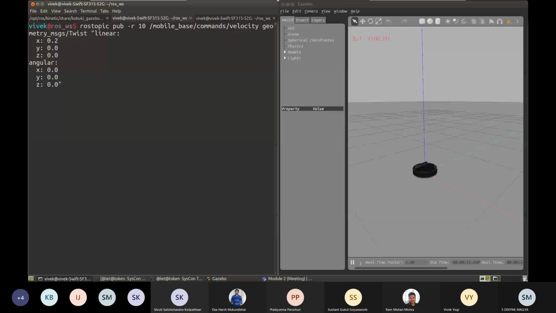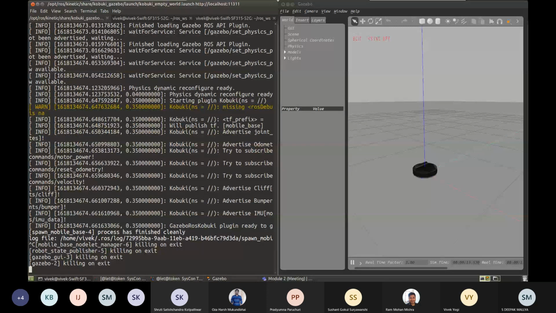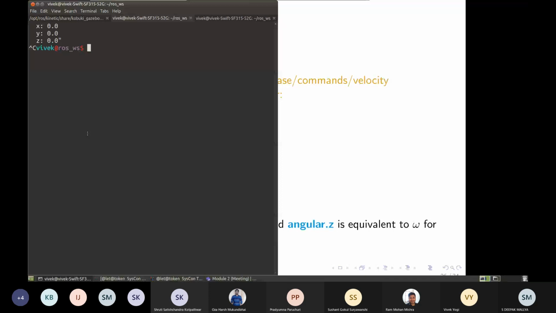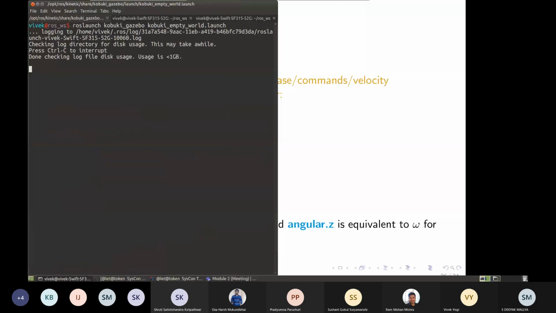So I'm going to kill this, and it will take some time before it is killed properly. Loading this world again and again takes some time, and it's a waste of time. So I'm going to launch this empty world again.